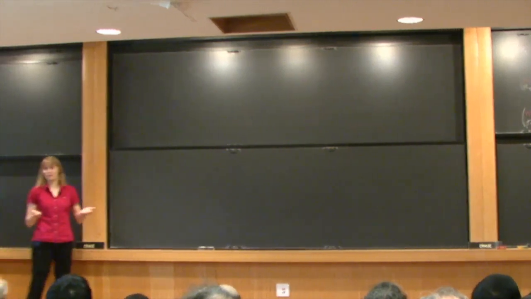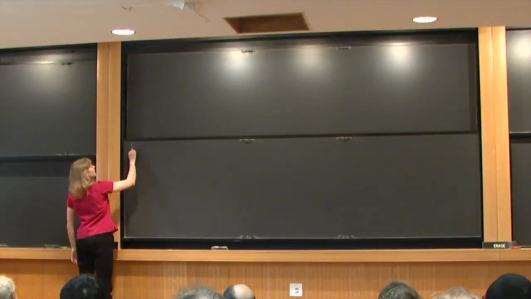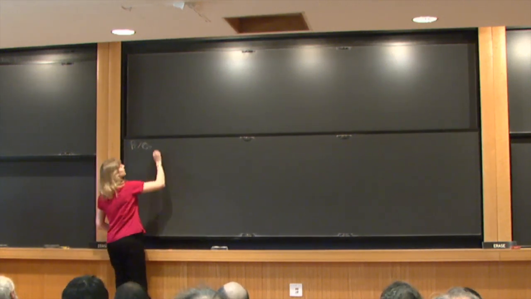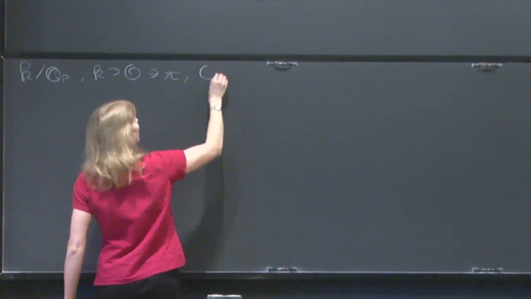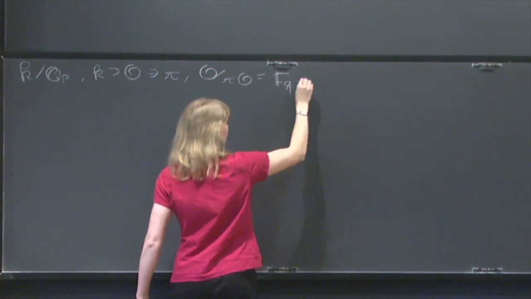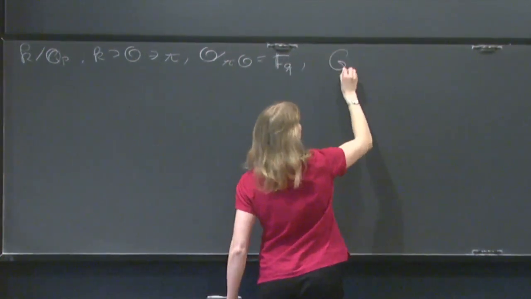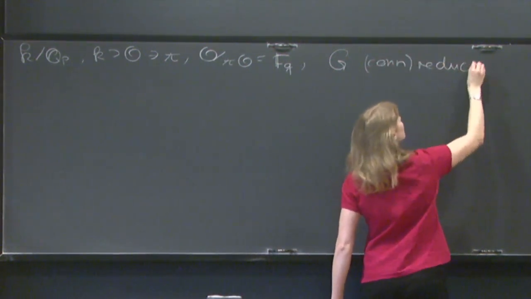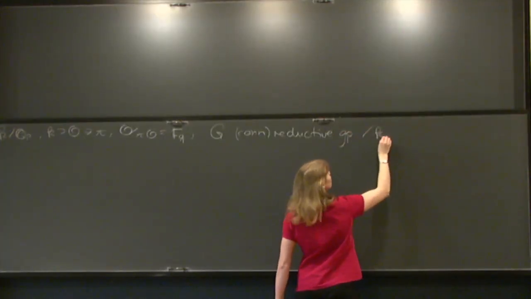So I want to talk about representations of p-adic groups. Throughout this talk, K should be a finite extension of Q_p, a p-adic field. K contains a ring of integers O, which contains a uniformizer pi. And I denote the residue field by F_q. And then the main object for this talk will be denoted G, which is a connected reductive group over the local field K.